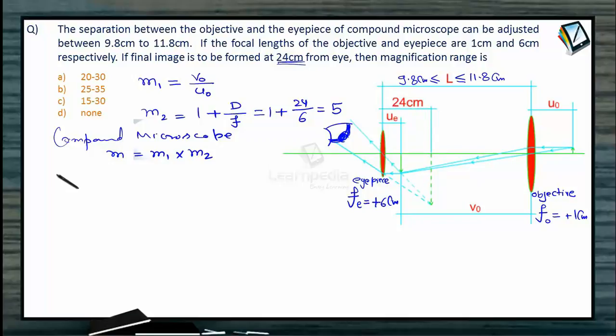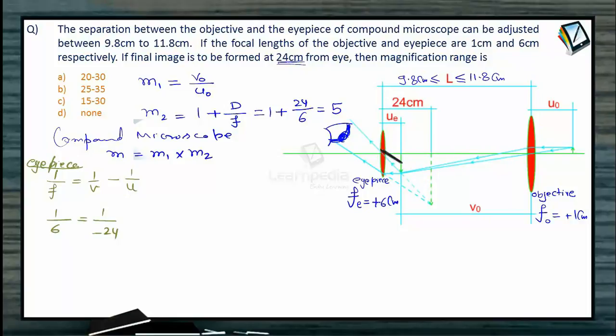So let's apply the formula 1/F = 1/V − 1/U for the eyepiece. F is 6 centimeters, so 1/6 is equal to 1/V. V is −24 centimeter, because here the object is placed, because the image formed by the objective lens serves the purpose of the object for the eyepiece, that we already know,